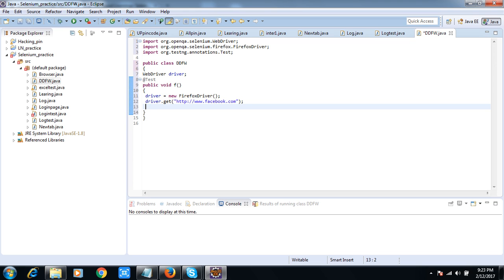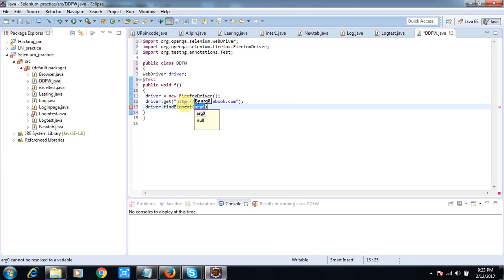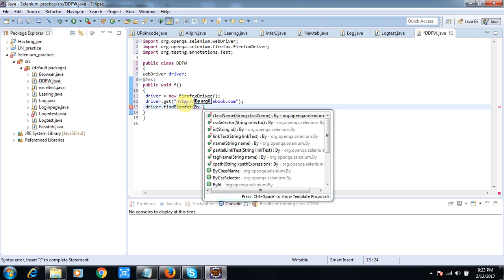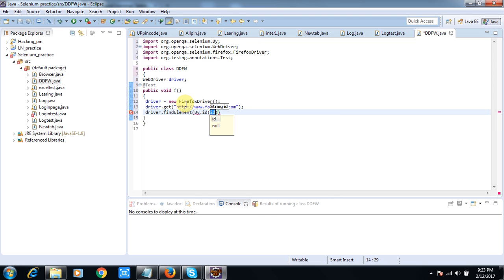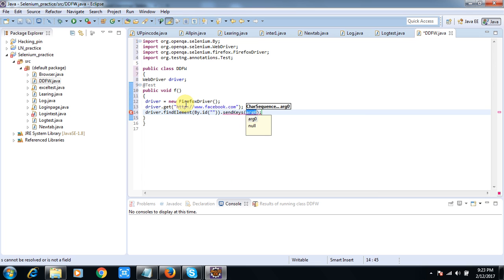Now I will find the username and password. Driver dot findElement by ID, because XPath takes a lot of time. So here I will take the ID, and then I will enter some value with sendKeys, a string value.